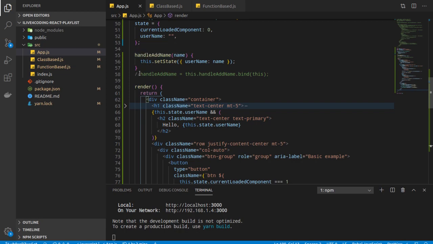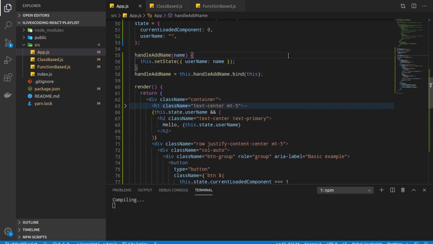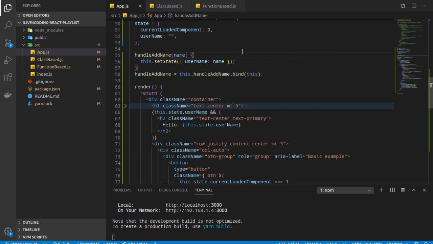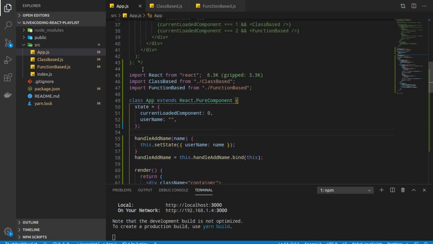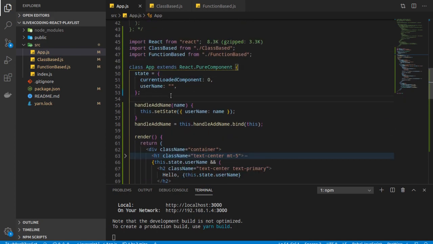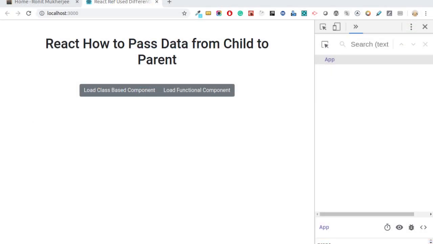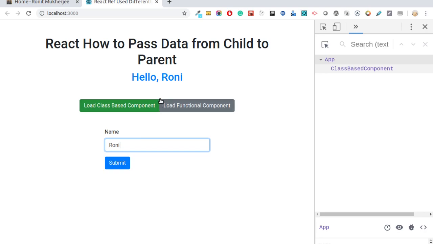So how to do that? The same way, we will do overriding again here. So we have handle add name function. Now I override it with this dot handle add name dot bind this. Now our this handle add name, which is the new overridden function, is bound with the current context, and now whosoever calls this from wherever, its context is bound with the current context, which is app, and within the app we have state, we have username. Okay, let's see in our browser now. Okay, so let's add a name here. Okay, great. So now we have our fully working code.